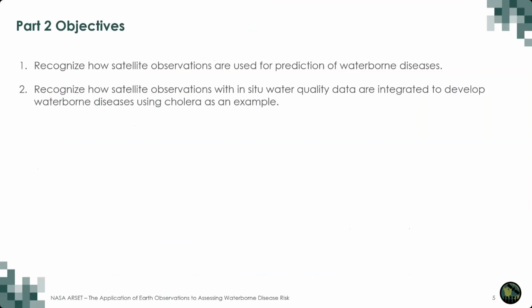waterborne diseases, and then appreciate that the satellite observations have capabilities to provide water quality data that we can use with other data sets, including land use, land change, sea surface temperatures, air temperatures, vegetation, coastal ecology, and then basically start to ask questions on prediction of some of these waterborne diseases in human population. The way that this training will work in the next few minutes would be that I will give an overview